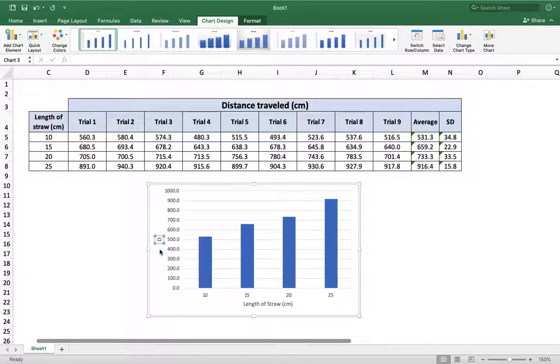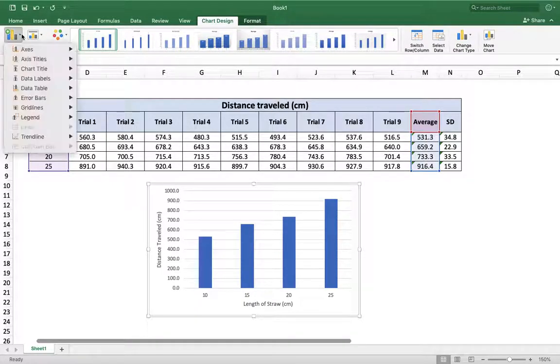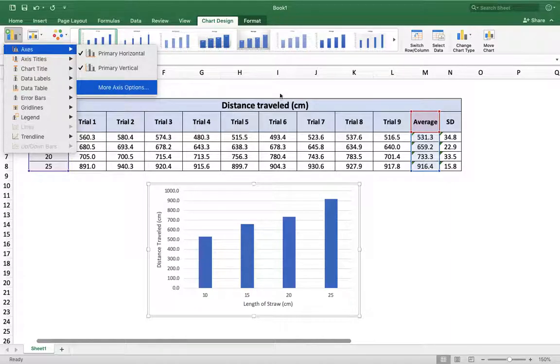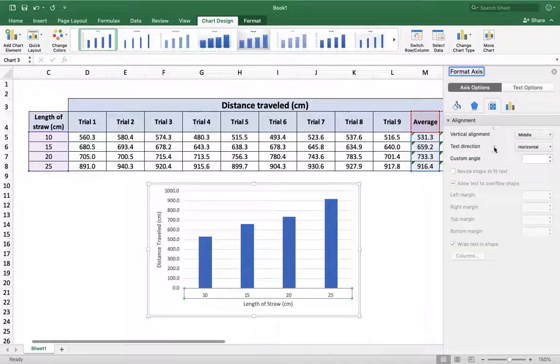In this case, distance traveled in centimeters. Looking pretty good. If I want to change something about the vertical axis here, I can do that. Again, just click on the chart, add chart element, and I can go to the axes, and I can click on the more axes options, and it brings up this thing over here, so that now, at the minute, I'm looking at the horizontal axis, and so,